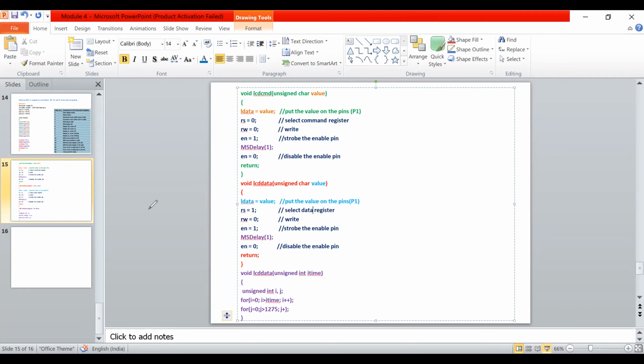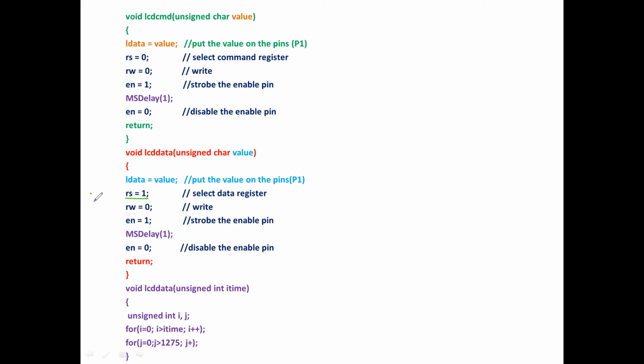If you select RS equal to 1, that is, if you place pin P2.0 equal to 1, then you are sending data to the LCD. Okay, so be clear. We are sending data, that is, we are going to write it. Enable pin, you just enable for a certain duration and disable so that whatever the data in the port pins will be taken to the LCD. Taken and displayed. Okay, right.